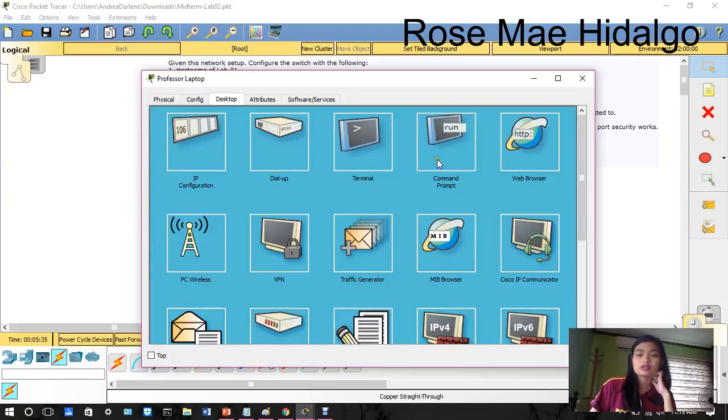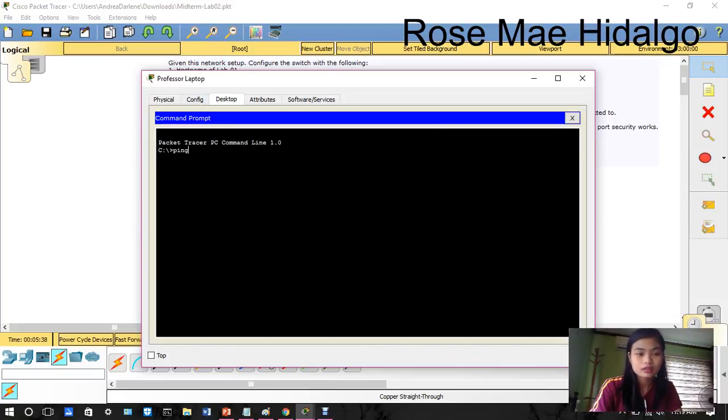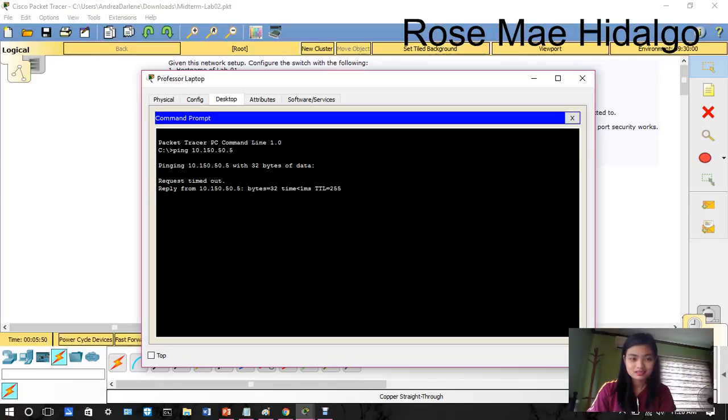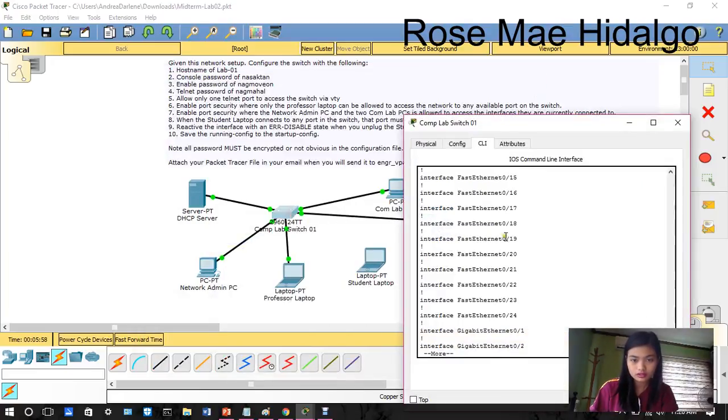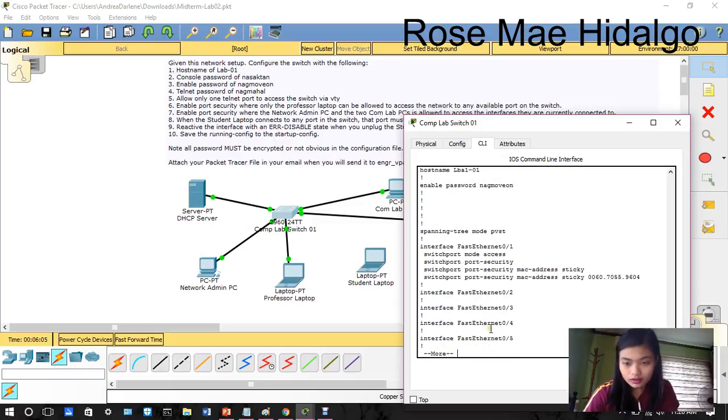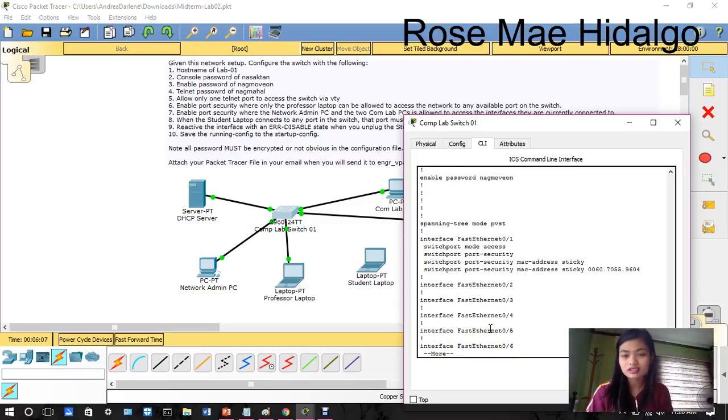Now, we need to ping using the command, then ping the IP address 10.150.50.5. Enter. Then go to the switch, CLI, to show run. So as you can see, the FastEthernet 1 now has a MAC address.